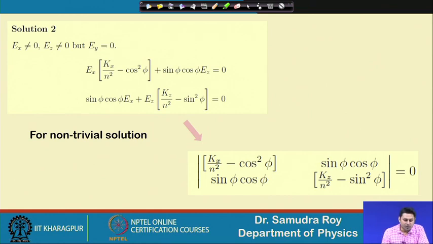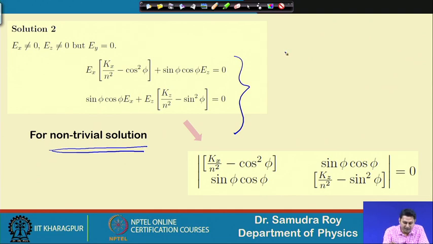So, in solution 2, if Ex and Ez are 0, then as in the previous slide we find we have 2 solutions in our hand, and these are the 2 equations in our hand. So, considering that for the time being we are not bothered about finding the value of Ex and Ez, rather we try to find out what should be the condition for a non-trivial solution. So, here for non-trivial solution, meaning for non-zero values of Ex and Ez, what should be the condition, and we know that this is a matrix form,